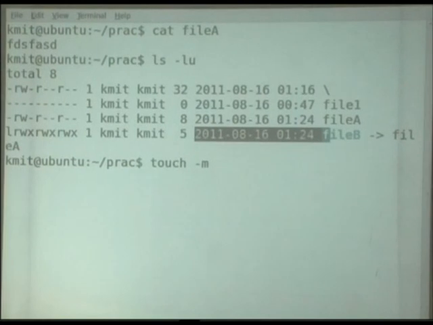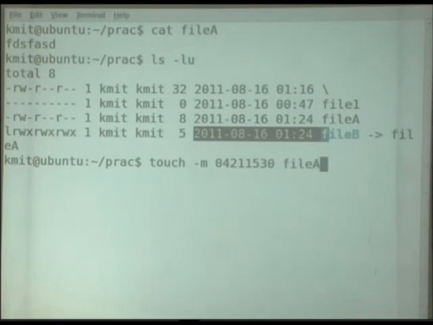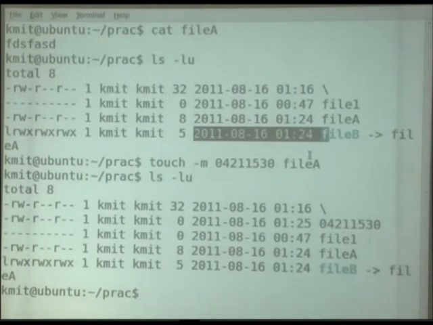Option modified. For example, it's April, day is 21, hour is some 15:30 for file A. Now when I write ls option -lu, is it changed for the file?